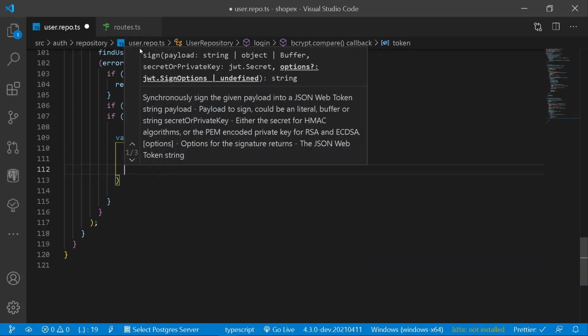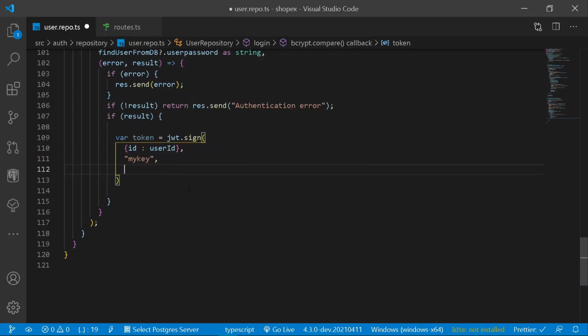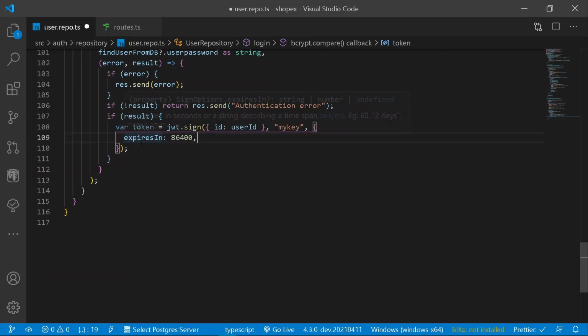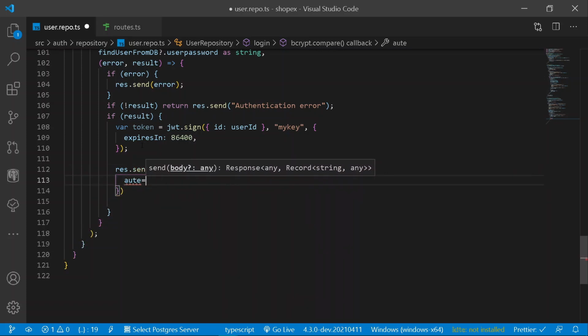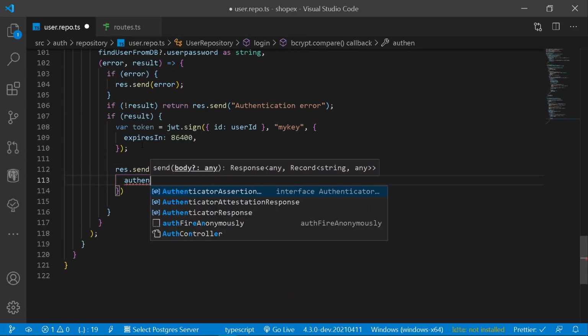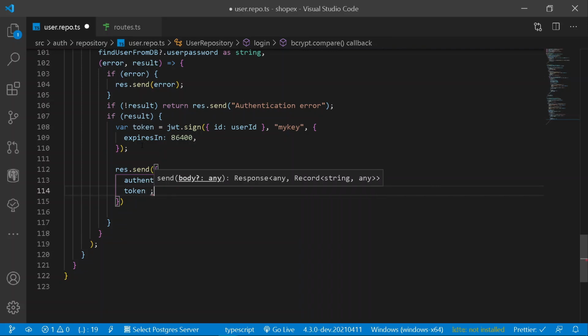Now feel free to modify your secret key as you want. And once everything is done right, we should also be requiring here an expiry. So here let's have a new expiry for an entire day, that is this many seconds. Once we have got our entire token, let's send the following token to the server. So here let's have response.send. Under this let's have authentication, that is the value of authentication. Also we shall be sending the token to it, that is the token itself.